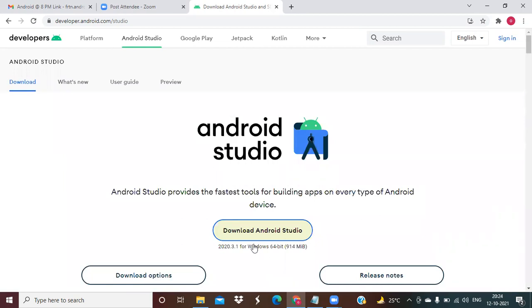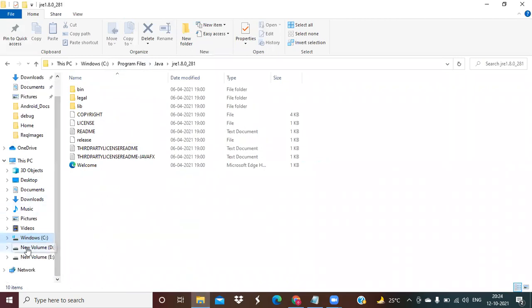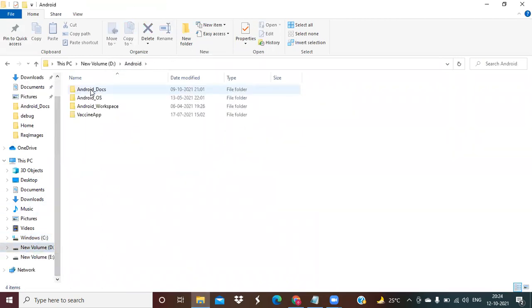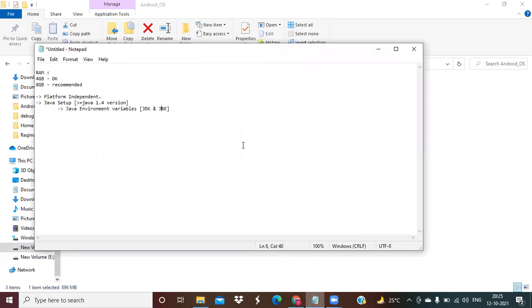After downloading Android Studio, what do I need to do? When you download Android Studio, you will get an .exe file, approximately 1 GB. You need to download it. Once the download is successful, you need to double tap. It will ask you to install Android SDK. By default, it will be checked. After that, it will also ask you to install AVD.